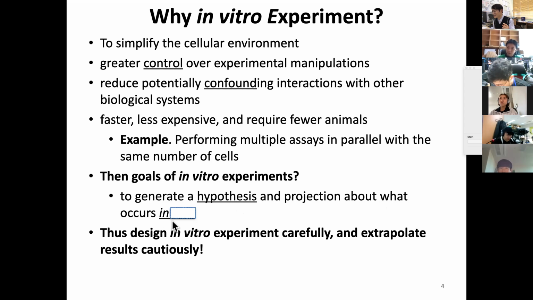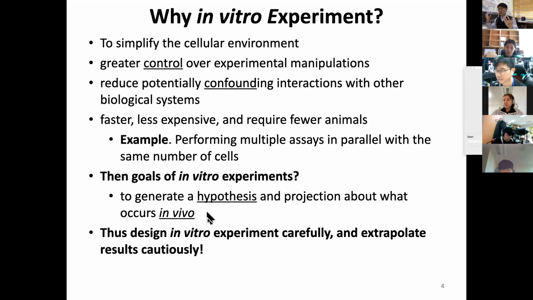in vivo. Yes, I'm watching your mouth because I can't hear you somehow. But anyway, yeah, in vivo. Our goal is what happens in vivo. That's our ultimate goal. However, in vivo is much more difficult. Sometimes these confounding interactions make it very, very difficult. So